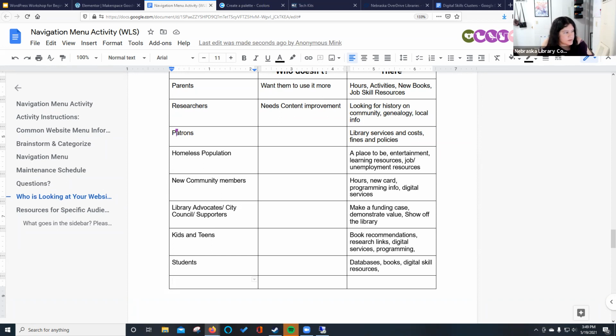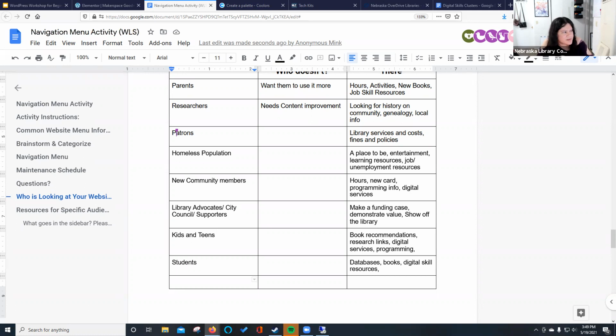Yeah, I'm scrolling. Yeah, those are the biggest categories. In the past,